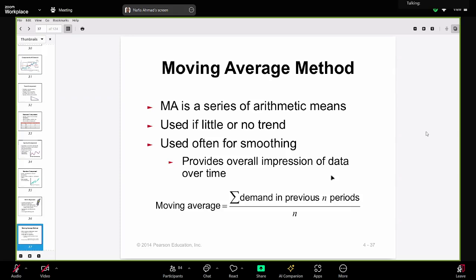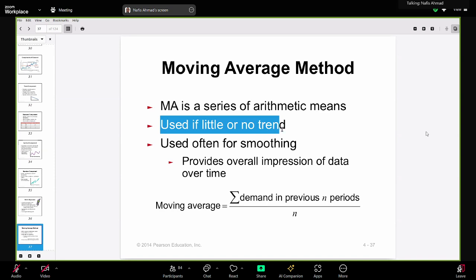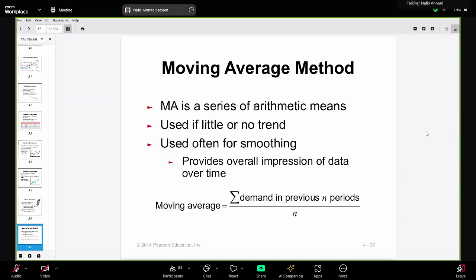But in case of moving average, we take the arithmetic mean of several previous historical demands. So it is used if there is little or no trend. It can be very useful if there is no trend, because moving average is taking the arithmetic mean. So if there is some trend, the arithmetic mean will give you